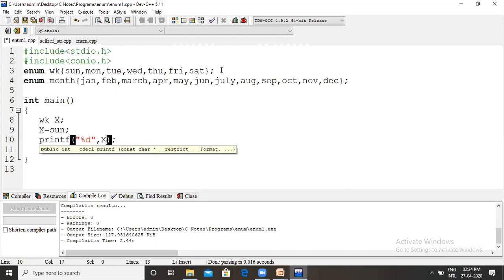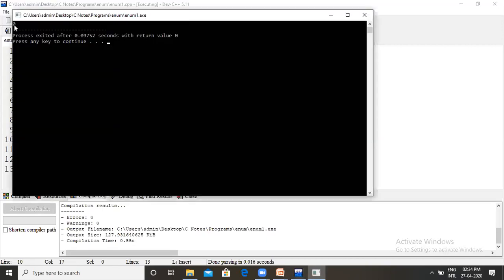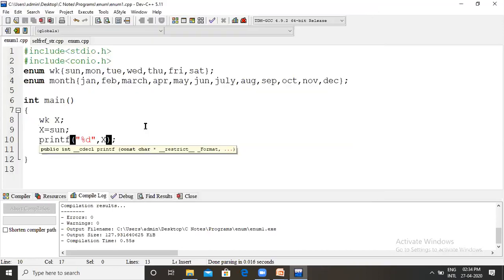Now it will print, instead of Sunday, the numerical information. What is the numerical information? We can verify. So here you can see 0. 0 is the numerical information. For what purpose does it return 0? Then we can discuss the numerization of the given set. So this enumeration assigns particular numerical values in a sequential way.